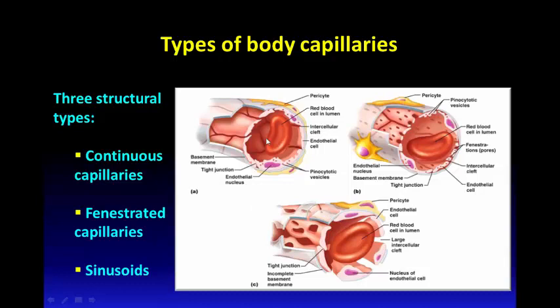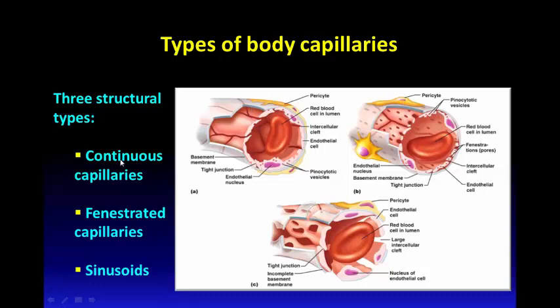The continuous capillaries have continuous walls with only narrow clefts or slits between the adjacent endothelial cells, while the fenestrated capillaries, in addition to these slits or clefts between the adjacent endothelial cells, also have pores or fenestrations. The sinusoidal capillaries have very wide intercellular clefts